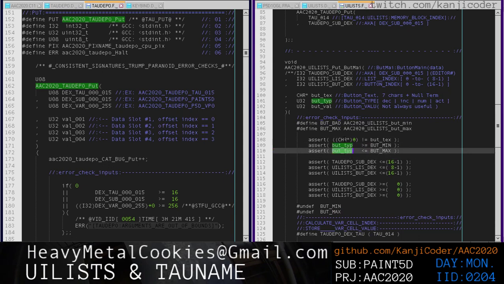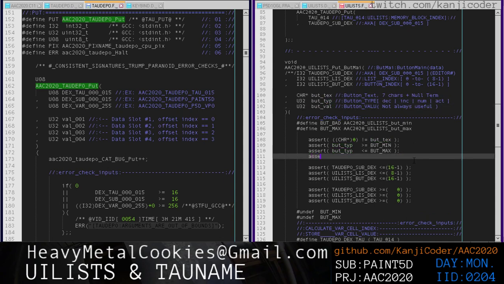So that looks good. And then the button value, it's not always a useful value, right? It could be anything, because it's not always used. So just assert